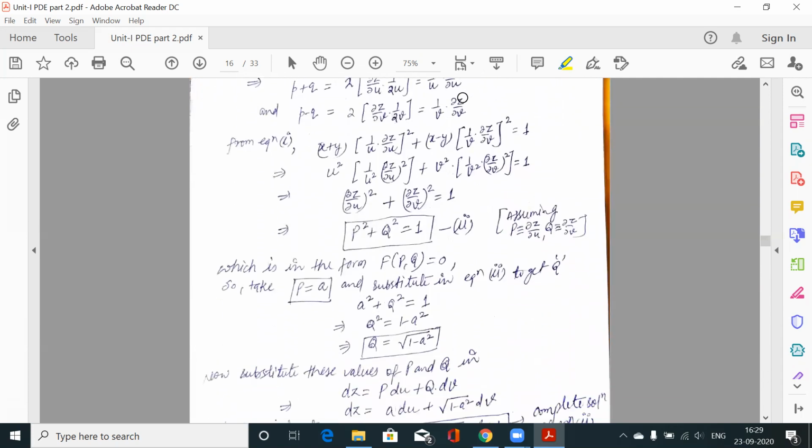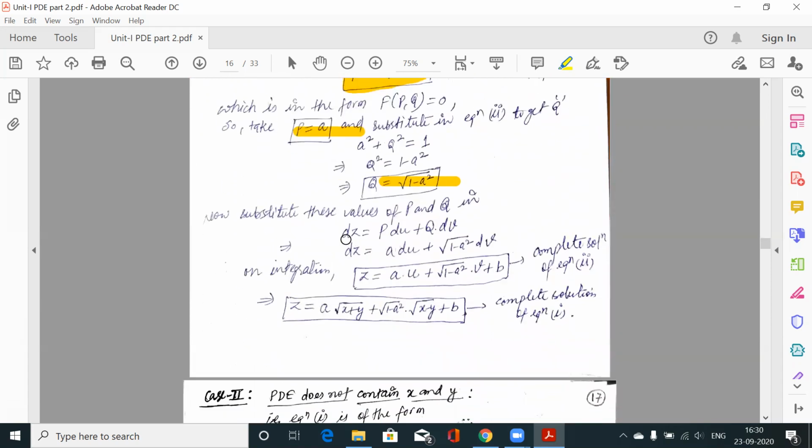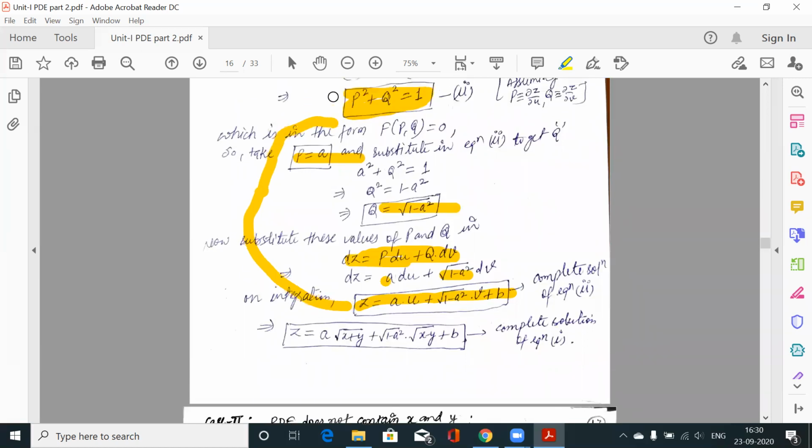With these transformations, we can convert this equation into standard form 1. So you can go through the questions. All the questions: p square plus q square plus 1. So this contains p and q only. So p is equal to a, q is equal to something. Again, because we have not changed z, so z is z, but x is changed into u and y has been changed into v. So this is the required equation. Substitute the value of p, substitute the value of q. This is the general complete solution of this reduced equation.